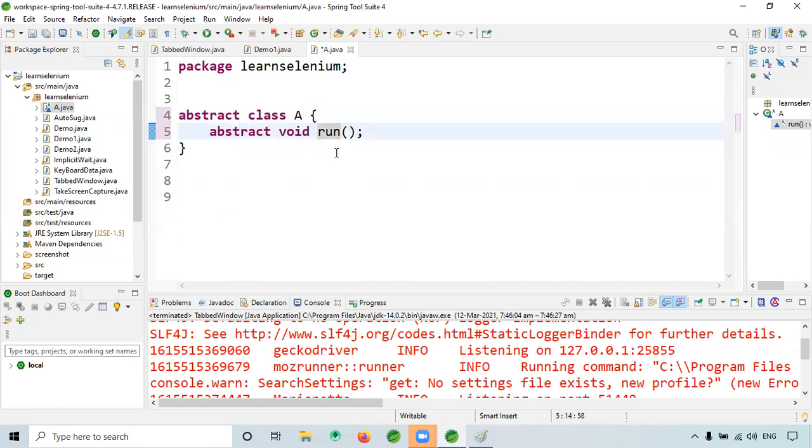So definitely there will be that abstract keyword in front of the method. Whenever there is an abstract method, then it has to be an abstract class, even though we have the other methods. What I'm telling is, even if you have 100 complete methods, if one of the methods is abstract, you have to make the class abstract.